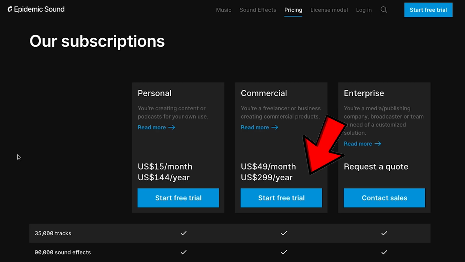Honestly, my best advice to you would be to try all three of these platforms out. Most of them have a free trial. Epidemic Sound has a 1-month free trial, and if you use the link in the description, like I mentioned earlier, you'll get 2 months free with Artlist, which you can cancel before you even pay for it if you end up not liking it, but you probably will.